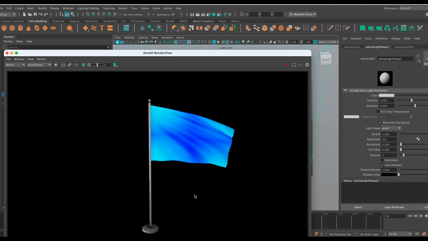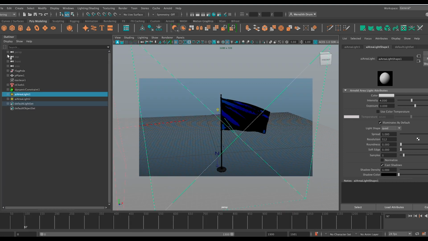Remember with area lights, you can turn off normalize. Here, I'll just show you. You see here, I have lights on in the scene. If I turn on normalize and then rerun the render, you see that it really reduces the amount of light. So it's up to you how you do that. Turn off normalize, and you see you get more light. So that's up to you. But just remember that you don't want a Skydome light.